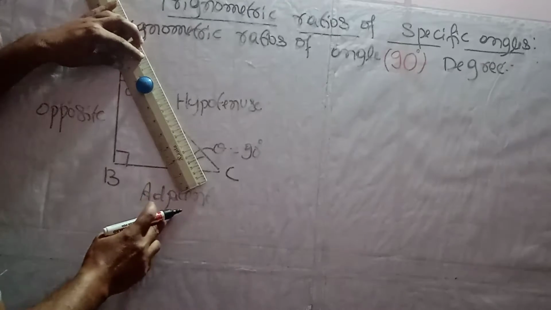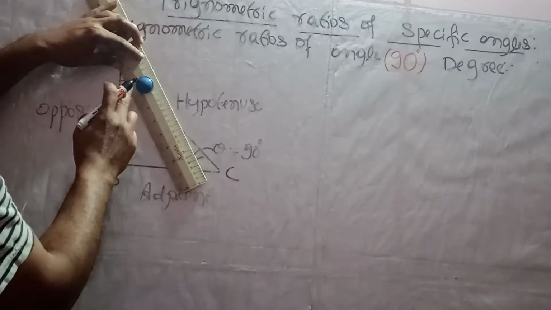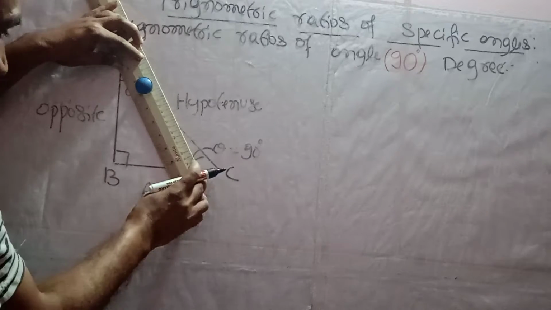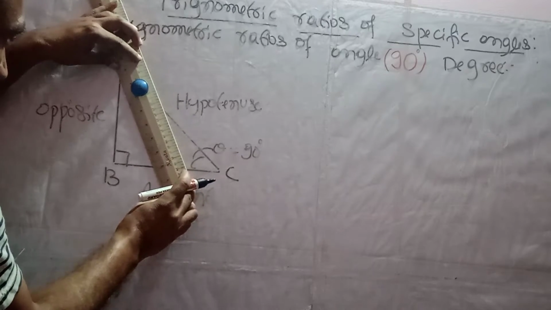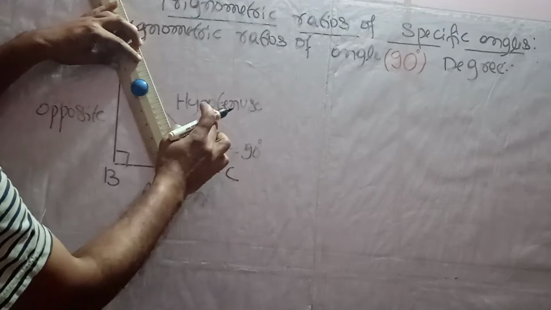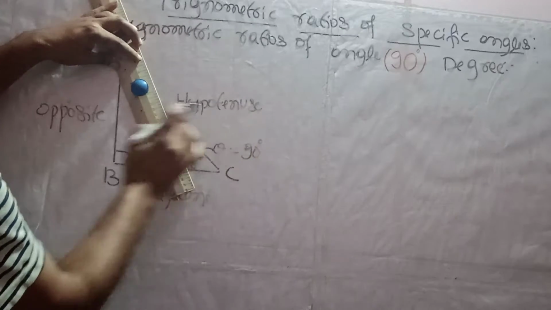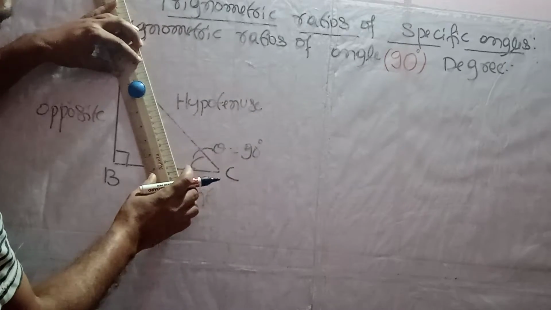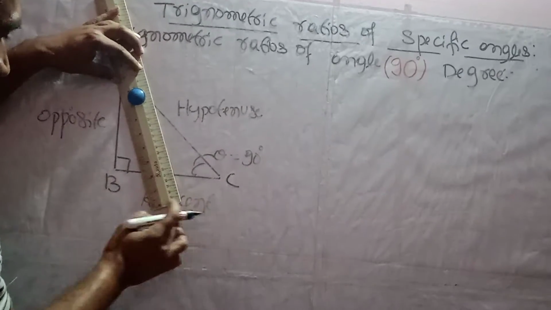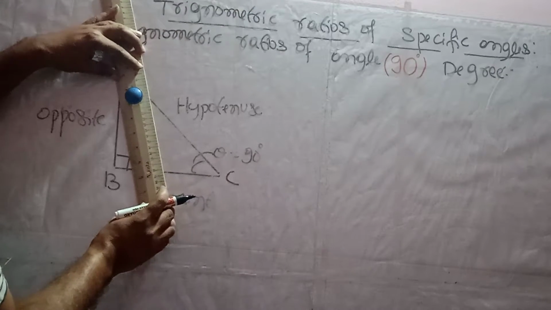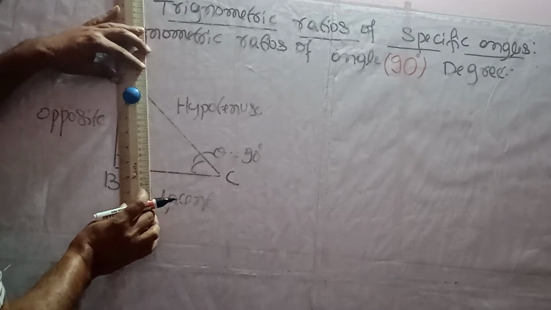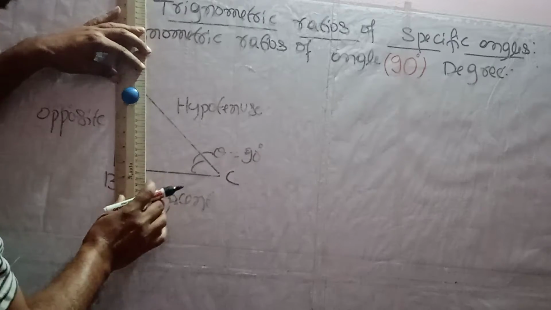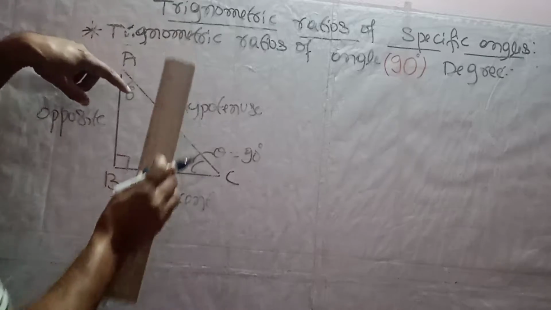We know, dear student, the side opposite to equal angle. So when this angle becomes 0, this side also becomes 0. This adjacent side is decreasing, this angle is increasing, and the hypotenuse will become the opposite side. This angle will become 90 degrees and the adjacent side will become 0, and this angle will become 0 degrees.